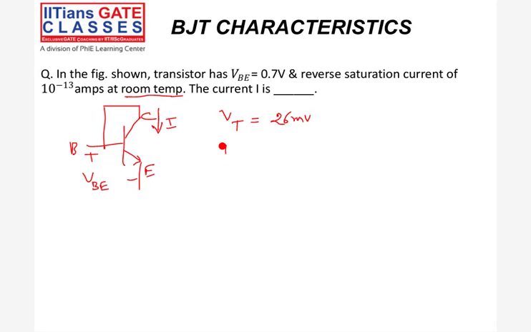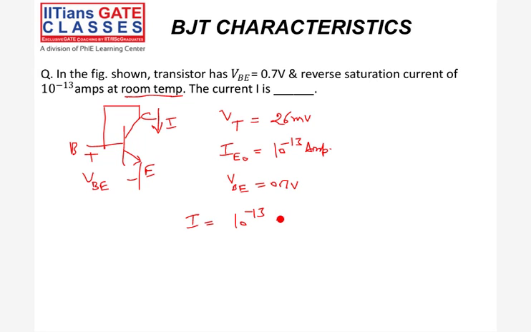And IE naught they have given as 10 to the power minus 13 amps. So all the values I have, I can keep. VBE they have given as 0.7 volt. So I get I is equal to 10 to the power minus 13